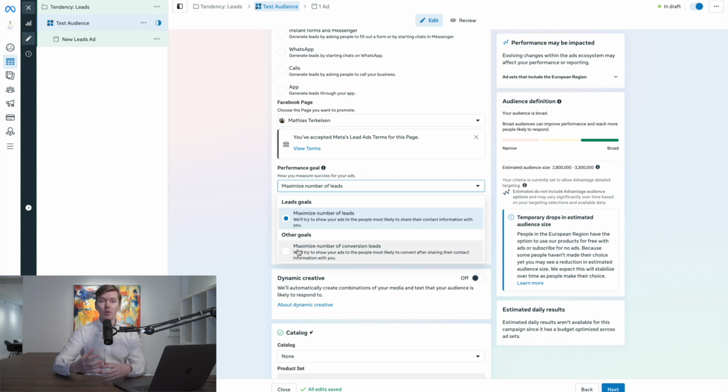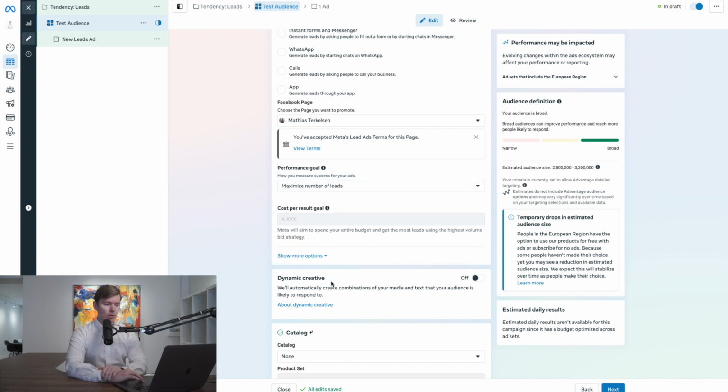And then you can train your sales skills, you can train contacting them, etc. You can test out different things and you don't have to worry that much about actually having lead flow. But if you get so many leads and a lot of them are not converting, which I don't see that often, it can maybe happen, then I would actually try to change this and just use maximize number of conversion leads, but not before that. So start with this one and let's continue on.